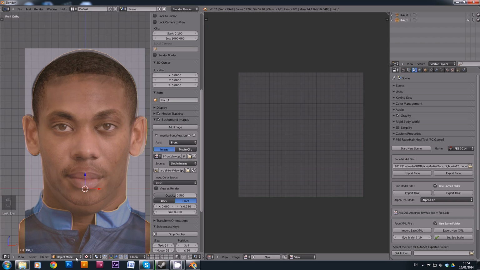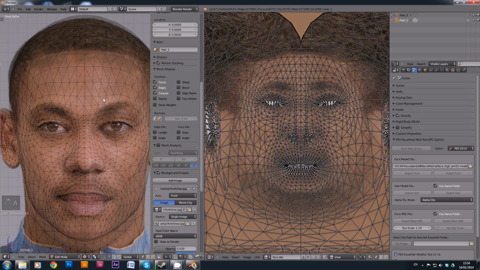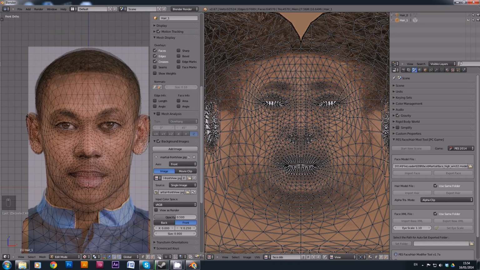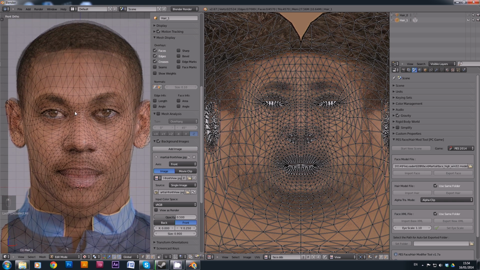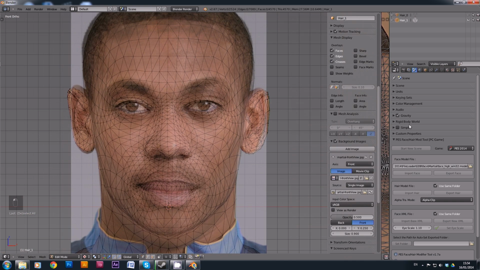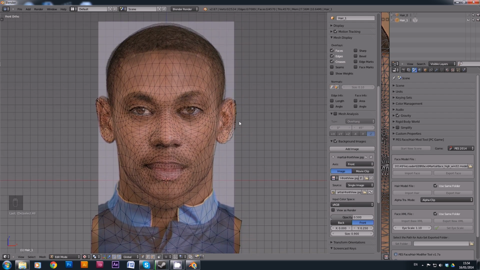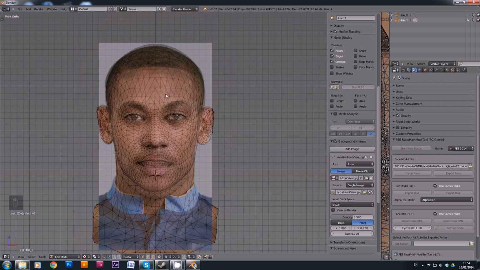Brush basics. If we go into edit mode now, you can see that it's all one object. First things first, enable limit selection to visible. That makes it a lot cleaner to look at, and it will help with this stage of the modelling. I'm just going to make this window bigger, as we don't need to play around with texture at this stage. We'll also enable proportional editing, of course,